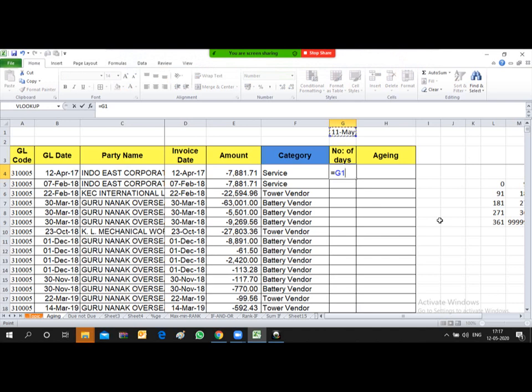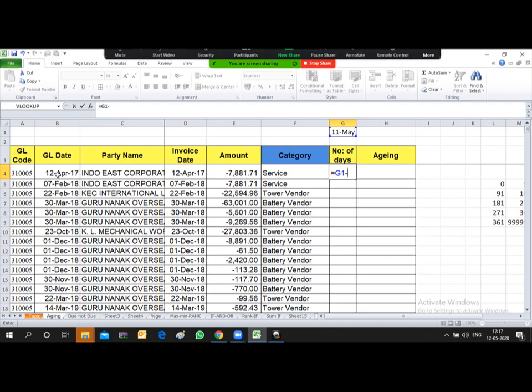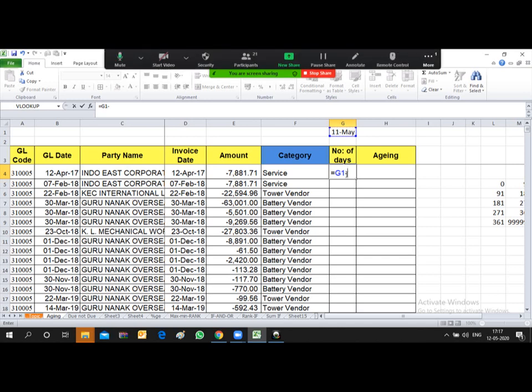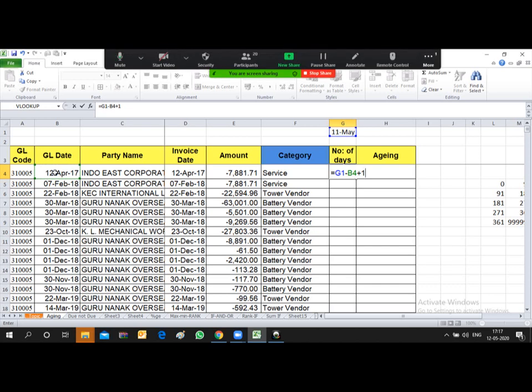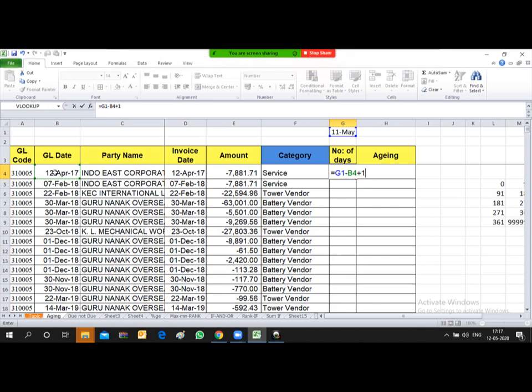Up to yesterday, how many days did the invoice remain outstanding? So yesterday's date, 11th May, minus this GL date. Then add one, because if you deduct one date from another, both dates are excluded, so after adding one the date will get included.